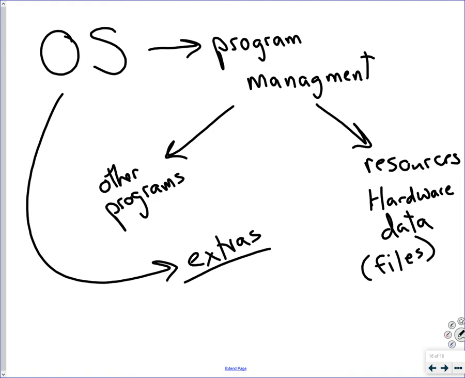The OS has a few other features, a few little extras as well. We talked about that yesterday. One of the nice features that the OS can do is networking. I can connect my Windows machine to the internet. That's networking. I can connect my Mac to other Macs in the network and share files. I can connect it to a printer. That's great. Some of them can do solitaire. You get the idea, so there are other extra things built in.